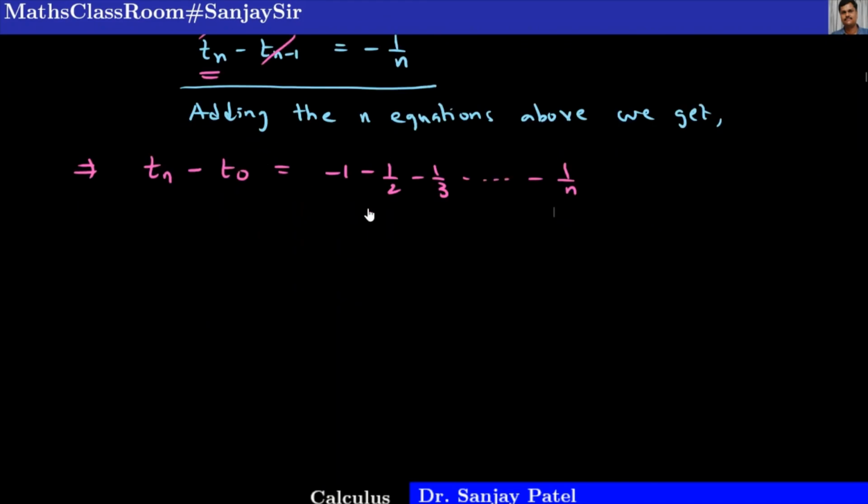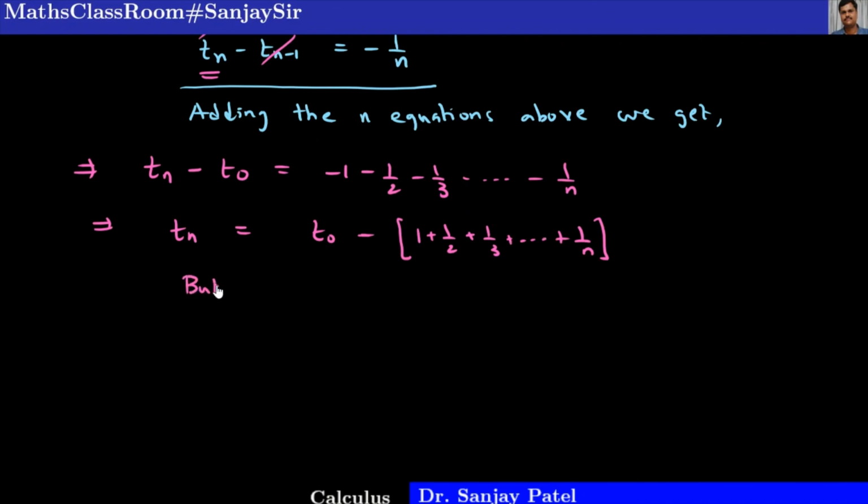Okay, so this implies we get Tn is equal to T0 minus, or let me write this way, 1 plus 1 by 2 plus 1 by 3 up to 1 by n. Okay,